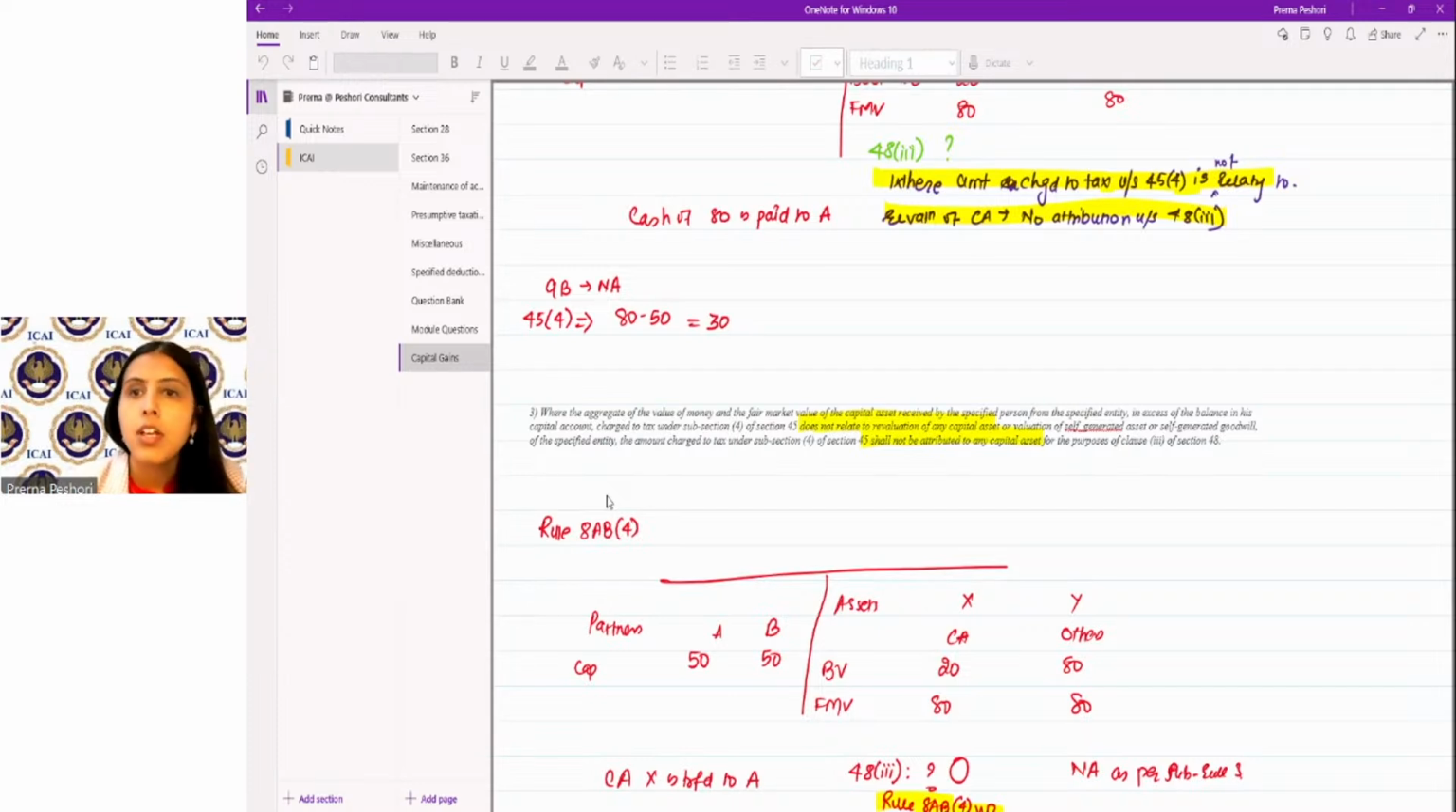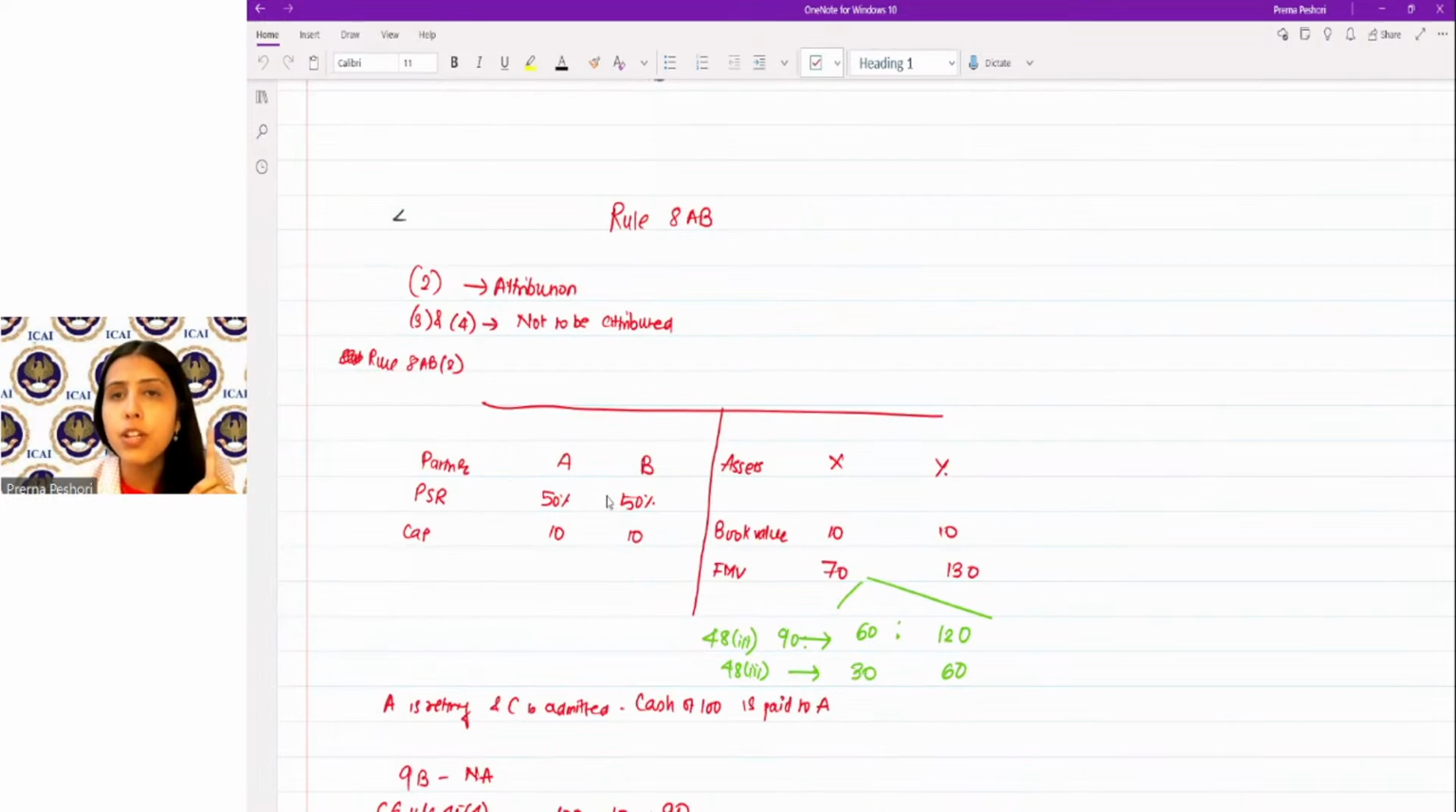48(3), as I said, if there are multiple assets, then how do we calculate the 48(3)? Then Rule 8B comes to our respite. Also, 48(3) says that the 48(3) deduction will not be available if A is 0 or if the tax is under 9B. Clear? Now, Rule 8AB, the sub-rule 2 is attribution and sub-rule 3 and 4 is the